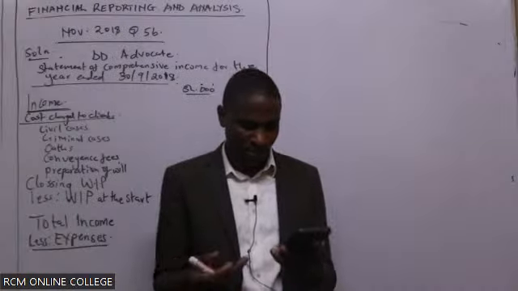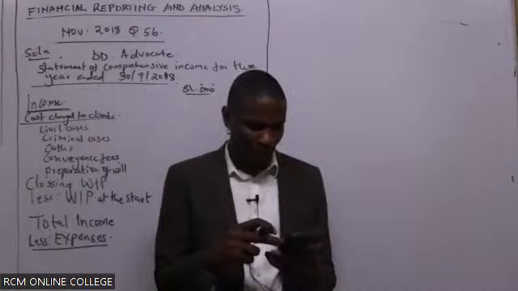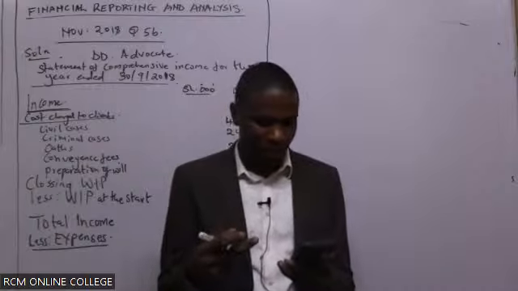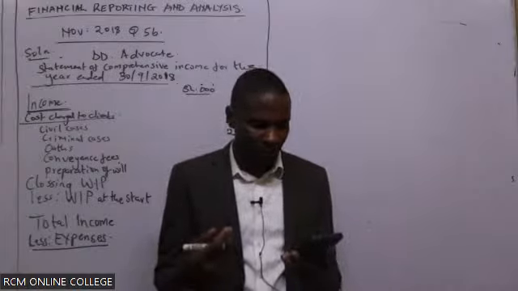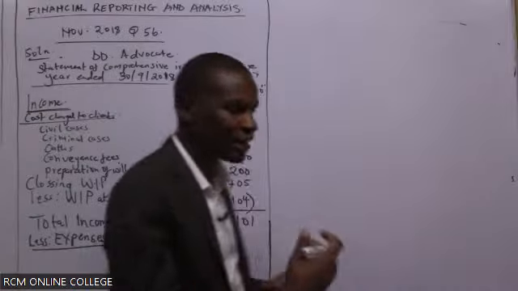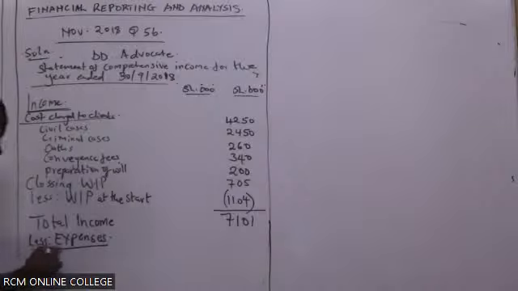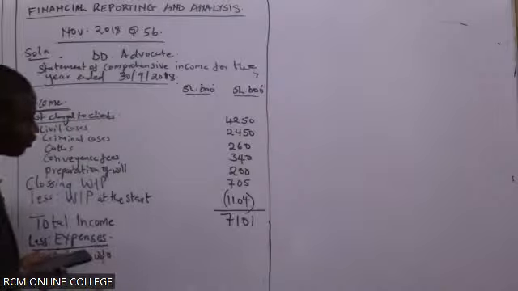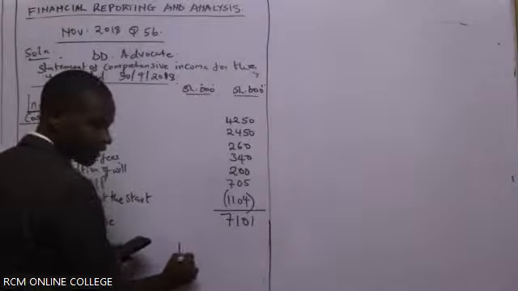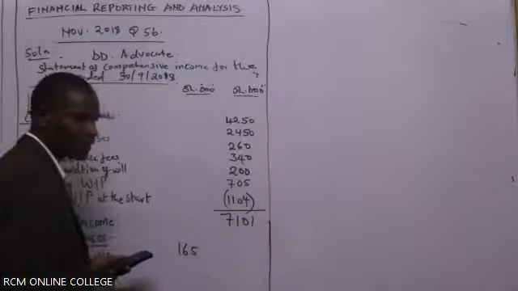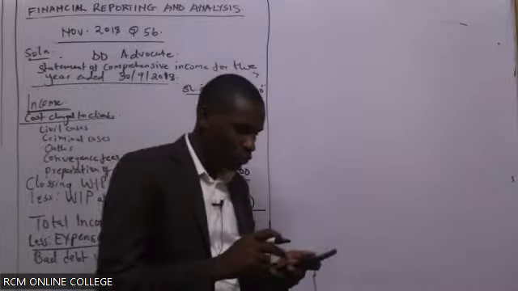For example, in additional information number 1, it is estimated that debt amounting to 165,000 might not be collected and should be written off. That is an expense. I just have to write that because I might forget that. So bad debt written off. Bad debt written off, how much? We can adjust under this column. It is 165, right? Yes. Then we move to the other item.